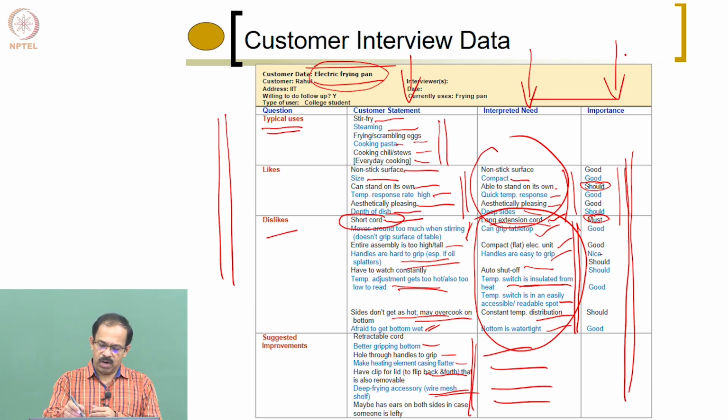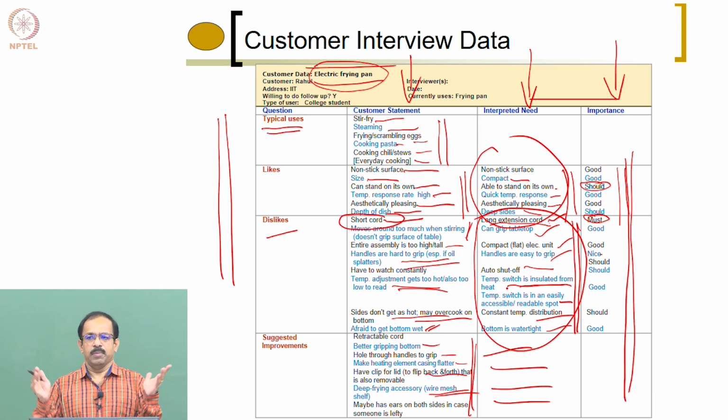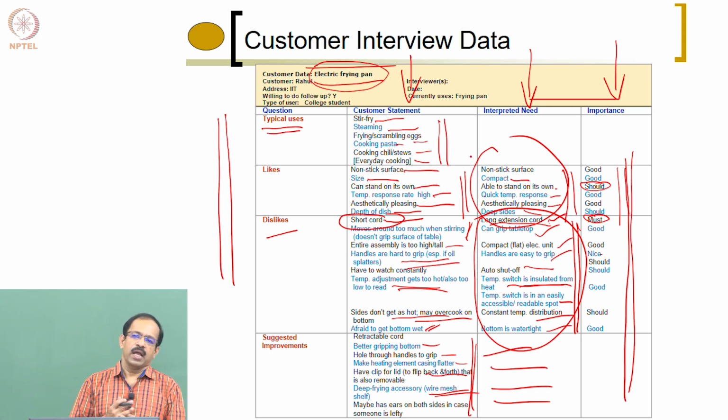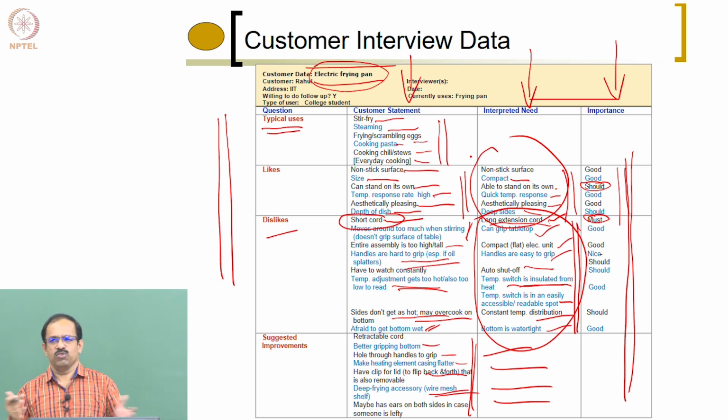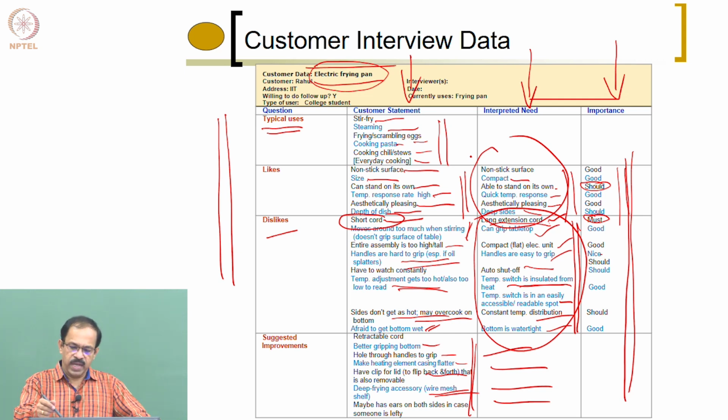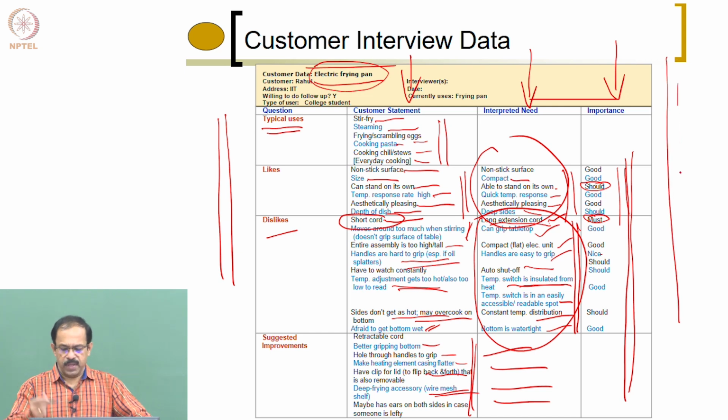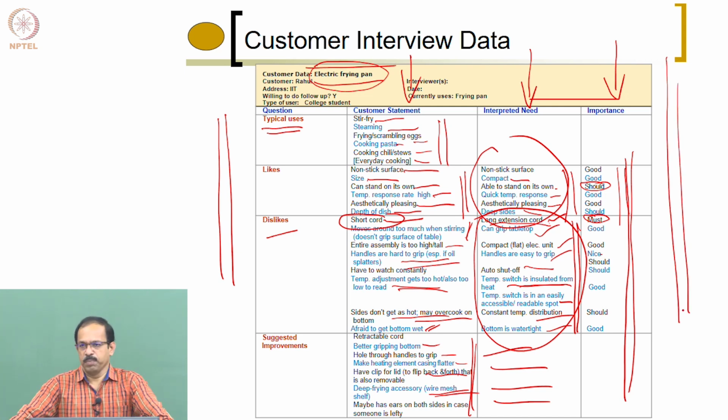So you need to get all this customer data from maybe 50 or 100 people. And at the end of this, you will have a large set of customer needs which need to be analyzed to see what is the actual need that the customer is looking for. So the next step is basically to analyze all this data. The first one is to get the raw customer data using the interview method or the like-dislike methods. Got it? Any questions on like-dislike methods?